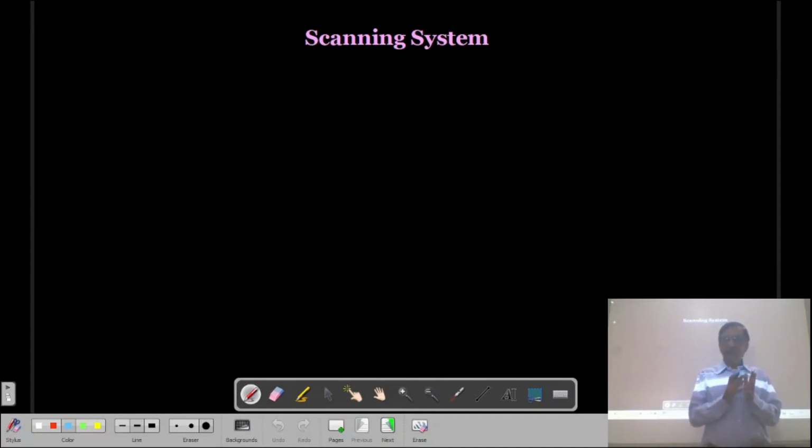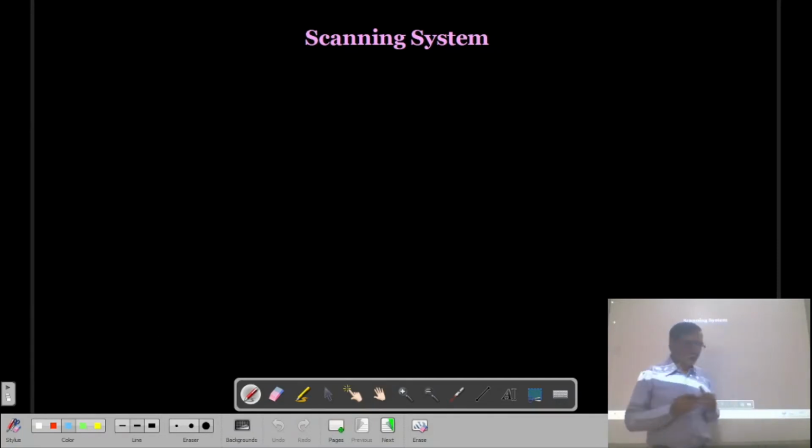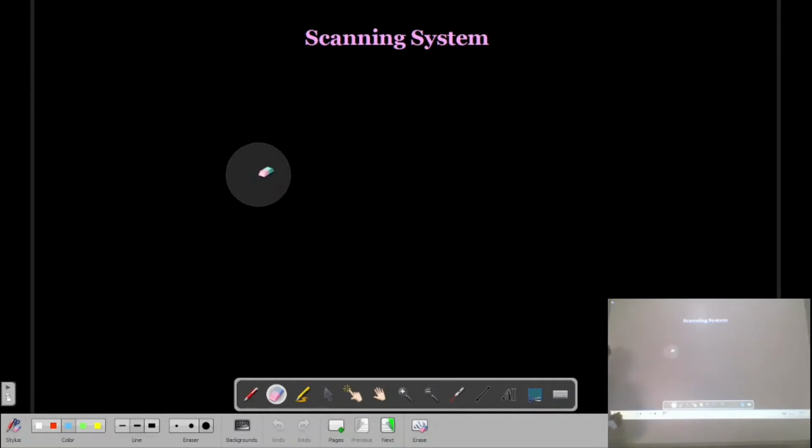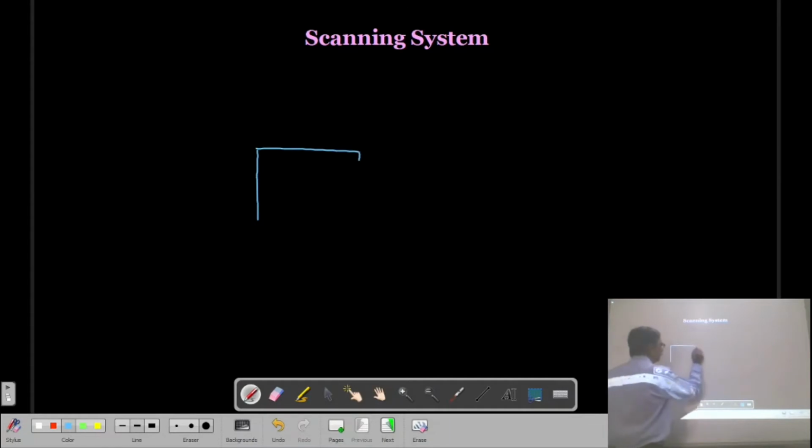So here we require scanning in a camera tube as well as scanning in a picture tube. Today in this video lecture we will discuss how the camera tube reads the picture, or how the scanning of the picture takes place in the camera as well as in the picture tube. Basically, the frame in a camera or picture tube is a rectangle, so it is known as rectangular scanning.